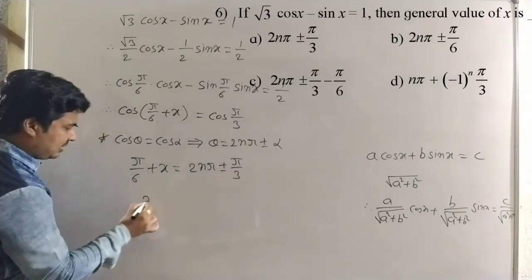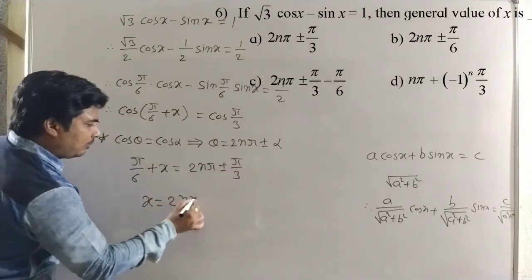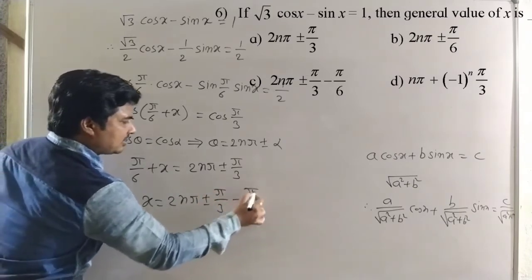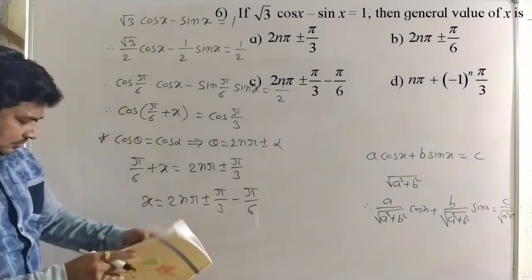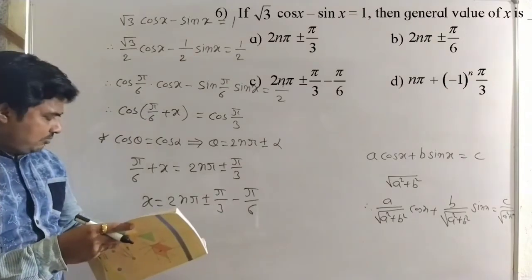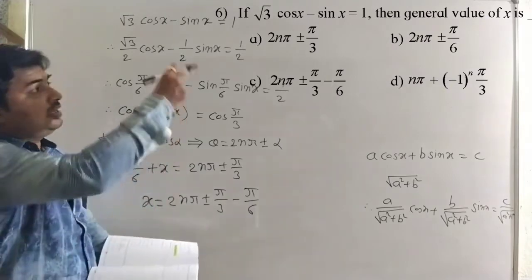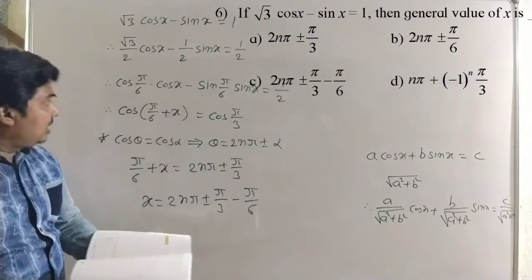And here x is equal to 2nπ plus or minus π/3 and minus π/6. Okay, and here in the options, 2nπ plus or minus π/3 minus π/6, it is option C. See carefully, it is option C. Now the next,